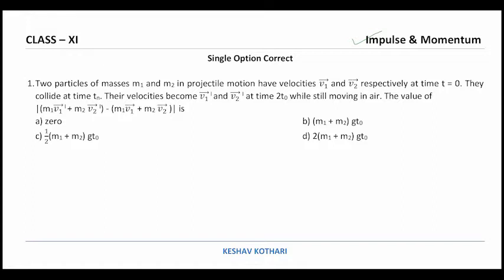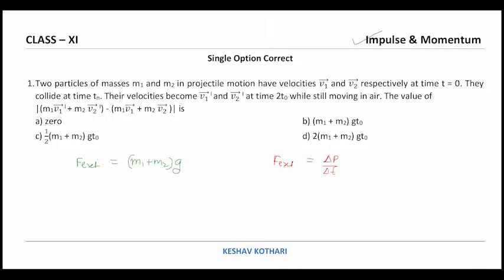So if we consider the two particles as a system, then the external force acting on the system is the gravitational pull as the particles move along the projectile path. So I can write that F external on both the particles combined can be written as m1 plus m2 into g. Now the next parameter which we are talking about is the definition of force. So F external is written as the change in momentum by time taken.